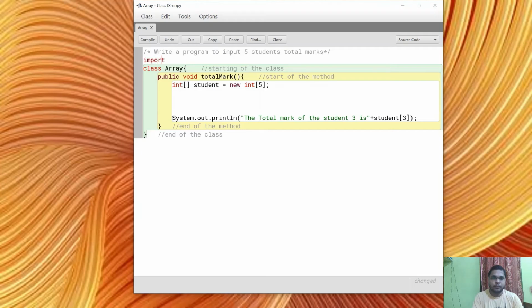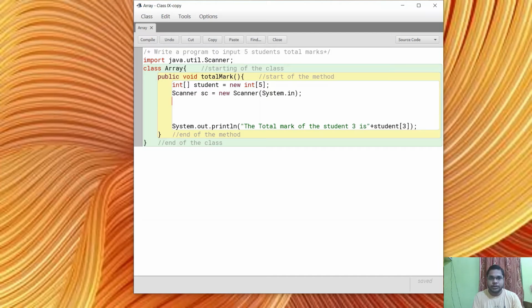Here I import java.util.Scanner. Then I create a Scanner object, that is sc equals new Scanner(System.in).